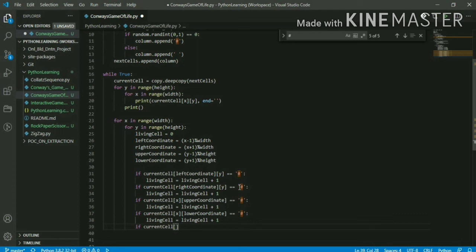Okay, and y would be the upper one, so that I'm calculating my upper left. If it is equals to hash,